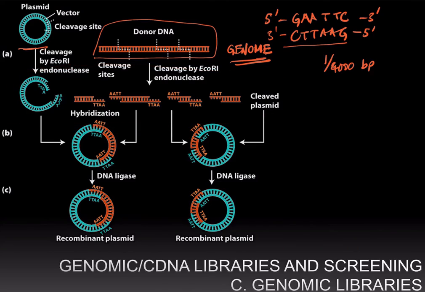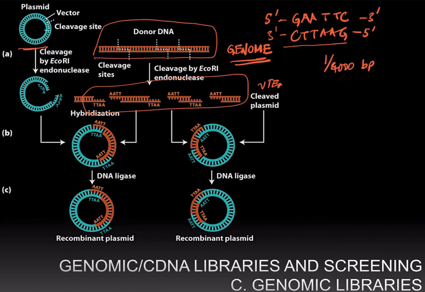And then we can mix the digested vector, the digested plasmid, as well as the digested DNA. And in contrast to regular molecular cloning, where you have just one fragment that you mix with the vector, here we will have tens of thousands of fragments that came from the genome. And we will mix all these fragments with the vector and then treat with DNA ligase. And when we treat with DNA ligase, the DNA ligase will make the phosphodiester bonds between the G and the A, and create a contiguous circular plasmid that contains the insert,